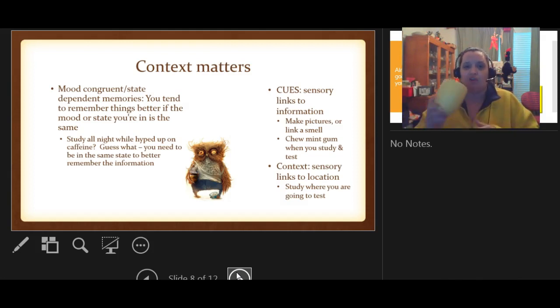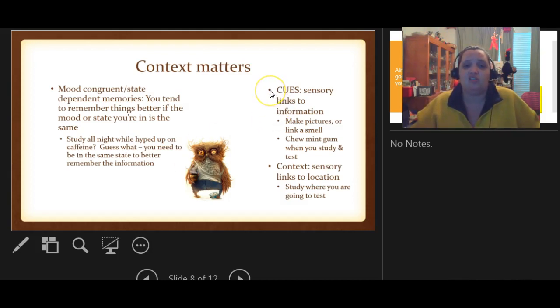Because, for example, of course I have my candle, but one of my students was telling me how every time she studies, she chews a stick of mint gum. And when she takes the test, she also chews the mint gum. And that flavor helps her have that cue or that mental state that gets her prepared to take the test. Another idea here, as our poor Al is demonstrating, is caffeine. If you drink a whole bunch of caffeine while you're studying, you need to drink caffeine before you take the